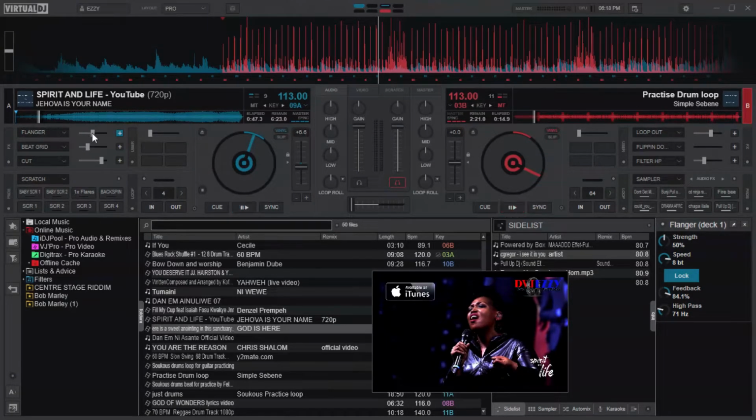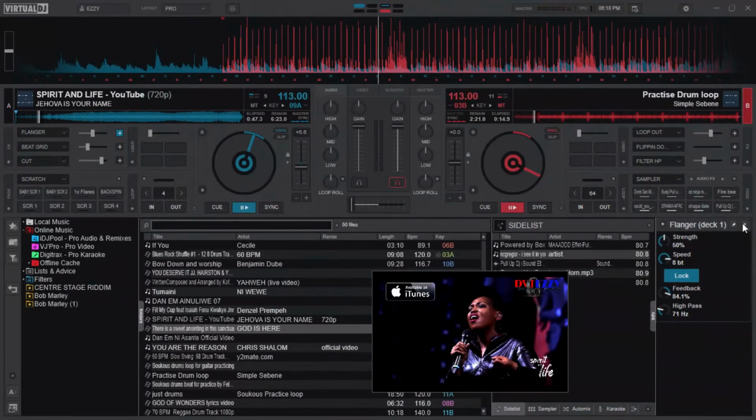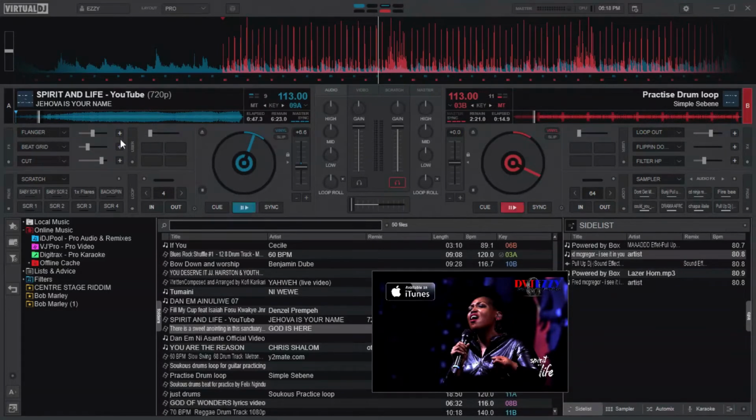So as you can see, the options that are here are much more than the one that is here. The one that is here is only for the strength, but here you are going to get more effects. When you don't need it, you close like that, or you can close it from here. Alright, that's how you add an effect. Let's try to play that song and apply that effect with whatever settings that you have put now.